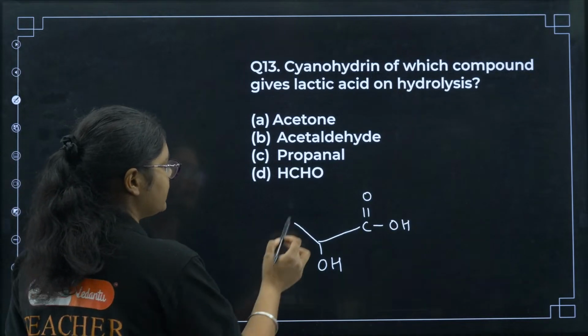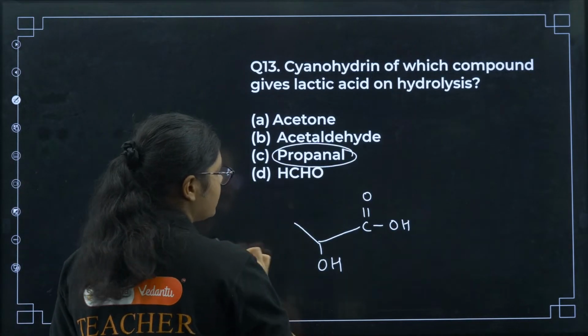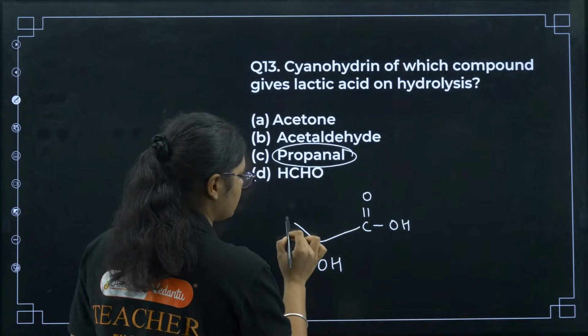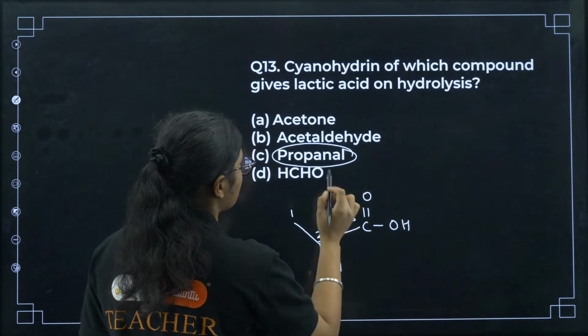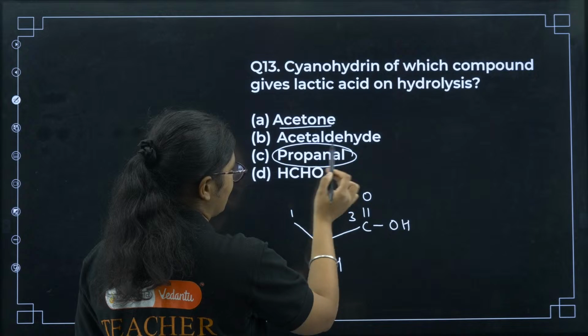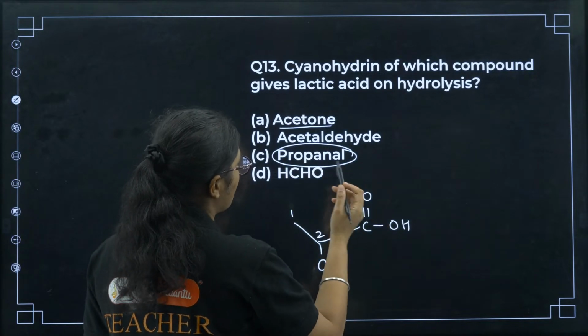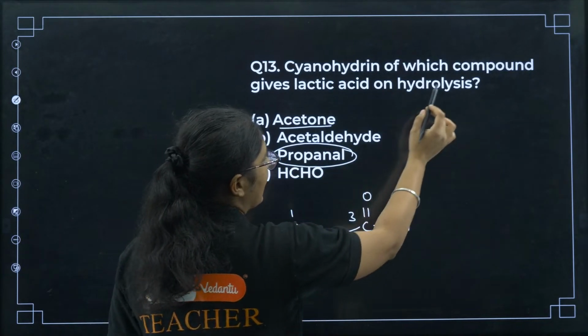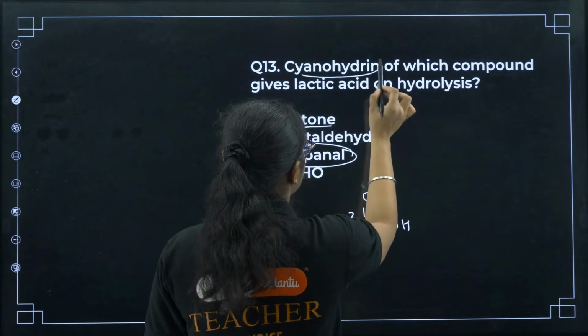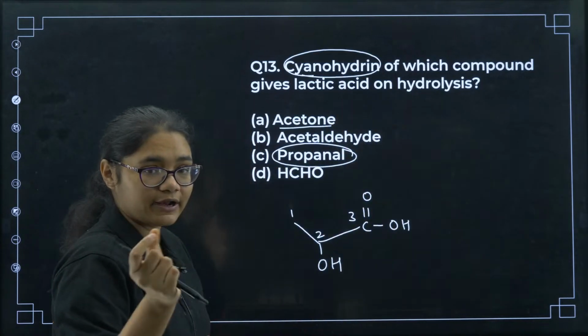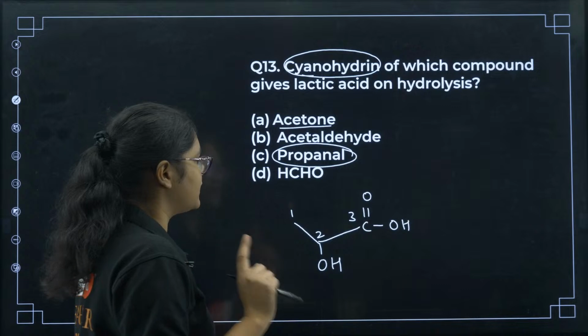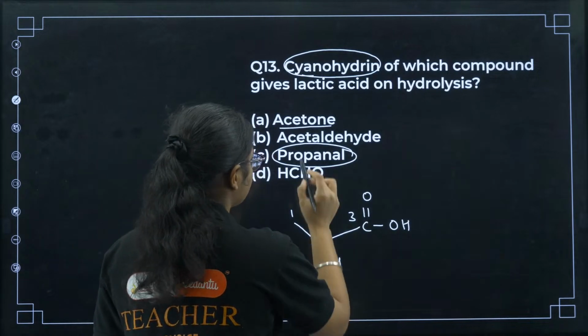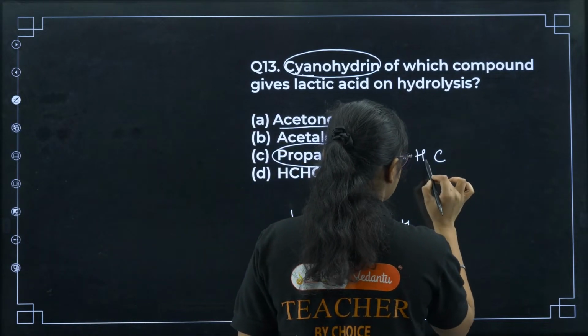Okay, so if you have taken propanol, what will happen? We need 3 carbons, right? 1, 2 and 3 carbon. Acetone has 2 carbon, acetaldehyde has 2 carbon, propanol, but we are adding cyanohydrin. So from that cyanohydrin 1 carbon will be added. So that is why, if I take acetaldehyde,